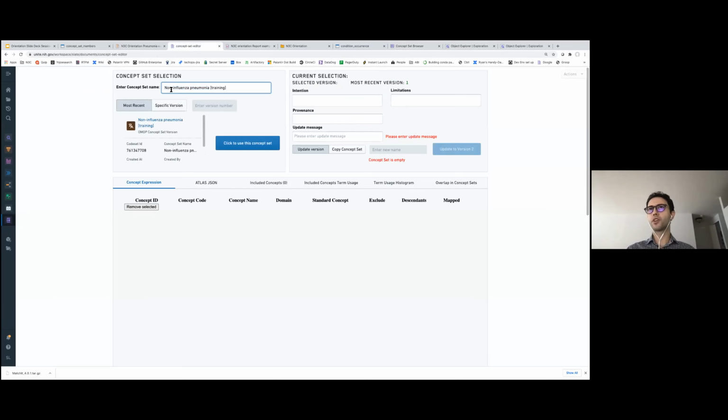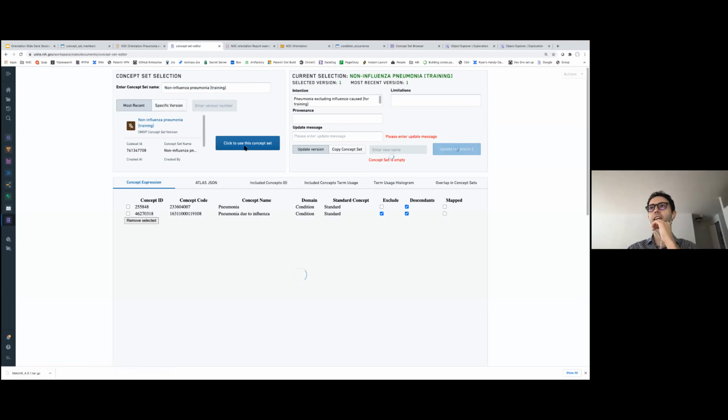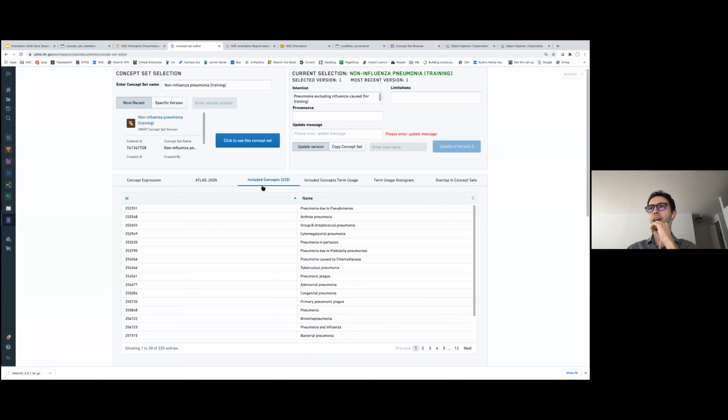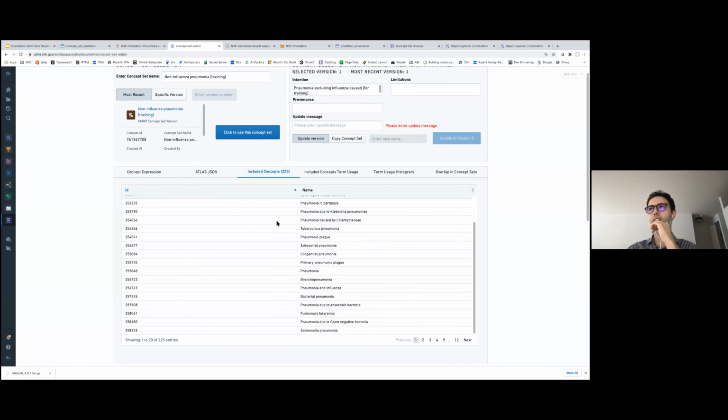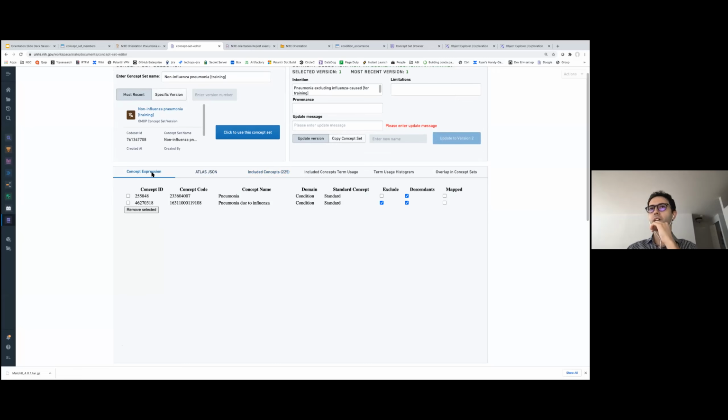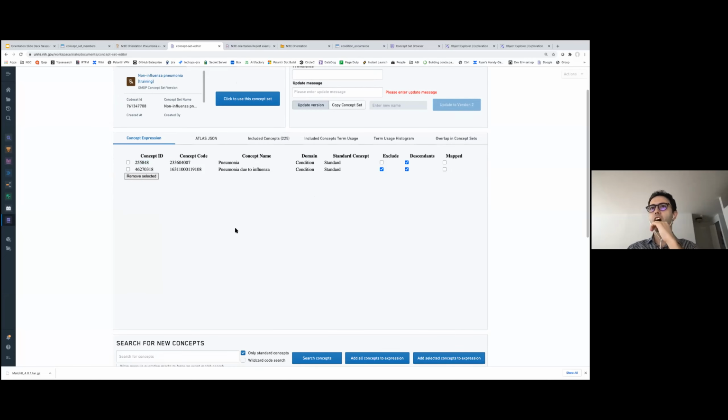So I can search for an existing concept name within the Enclave, and in this case, this concept name that I can load in my editor. And when I load it, I have information about the existing concepts in here. The concept expression is also another way to look at the existing concept IDs. So this one is like a master concept set, and it includes all its descendants. But this is basically a tool that lets you refine concept sets within the Enclave.